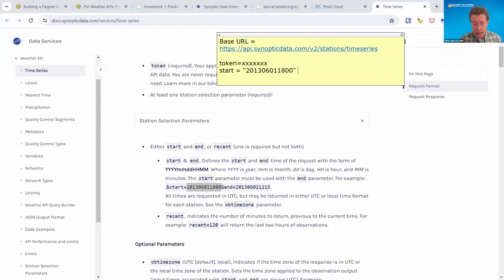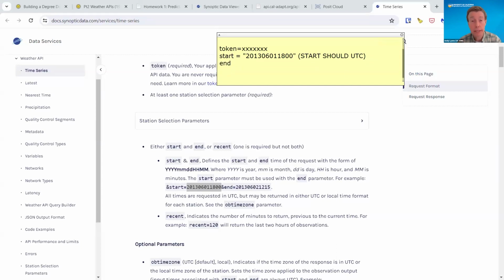And another thing that's important to note here is that the start should be in UTC, right? So that's important. If we want midnight on January 1st as the first date, then what we provide as the value for the start parameter is midnight California time, but converted to UTC, right? Which is probably 7 or 8 a.m. in London. Likewise, we need an end